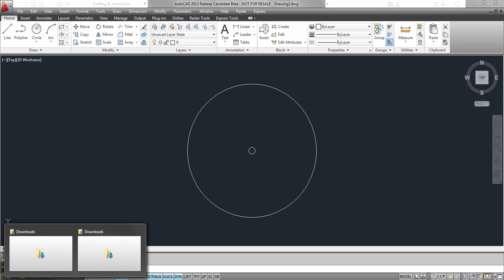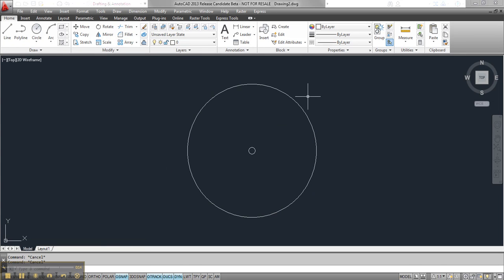So this video will take us through, actually there'll probably be two segments to this video. We'll take us through creating a tree block with attributes and then extracting that into a table once we have many of these inserted. So what I'm going to do here is take these two circles that I have, which are drawn on 0 layer, and I'm going to add an attribute and define them all as a